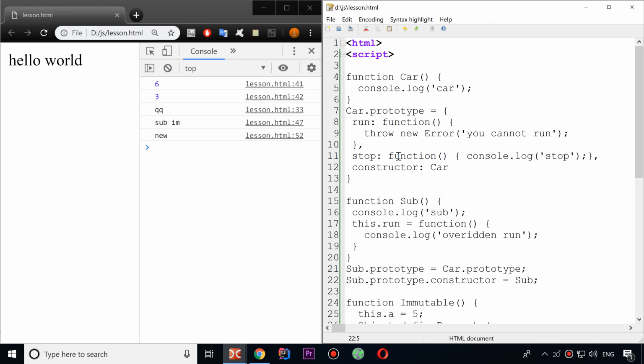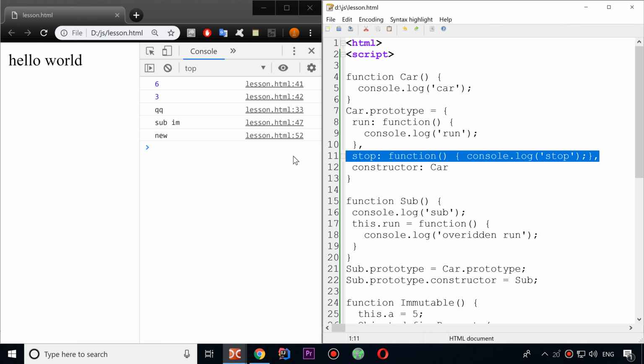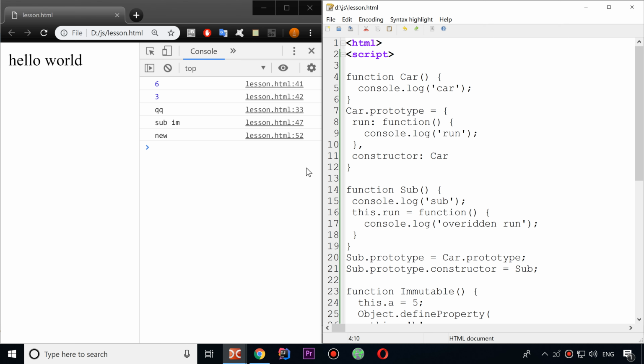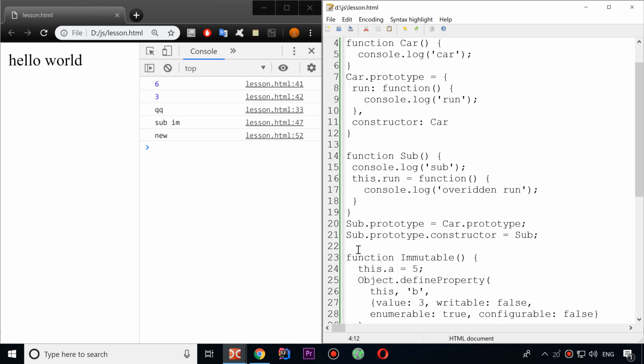It can have some function like run, and we want to inherit it, and we can inherit it using code like this,